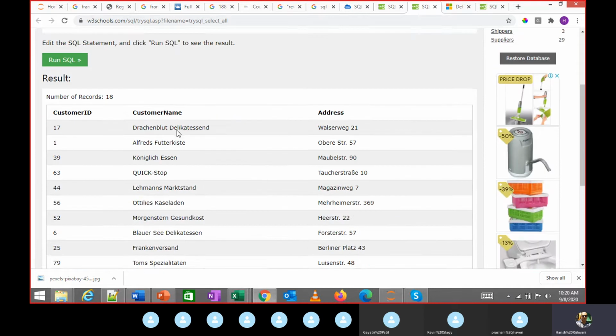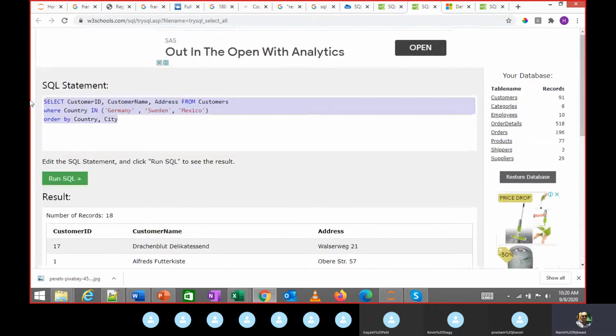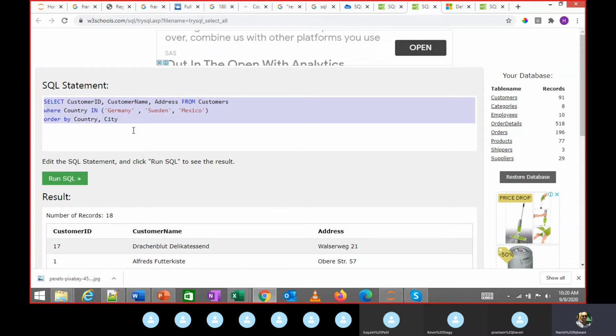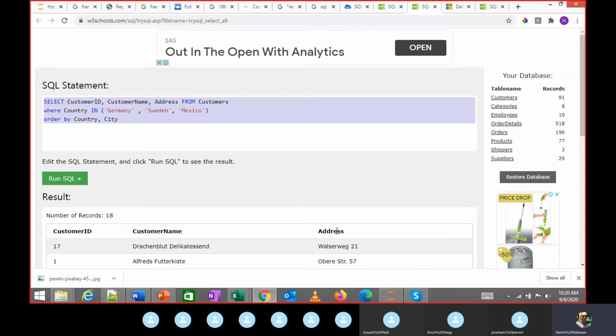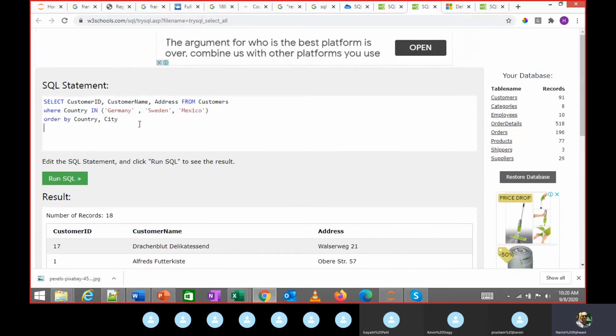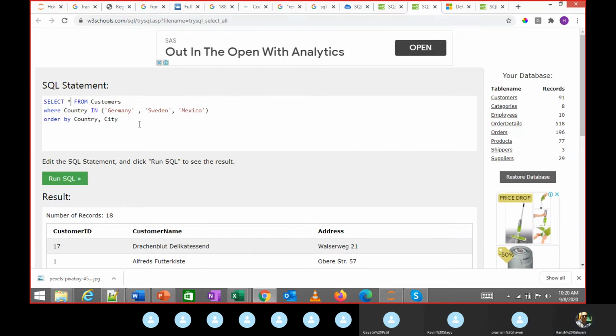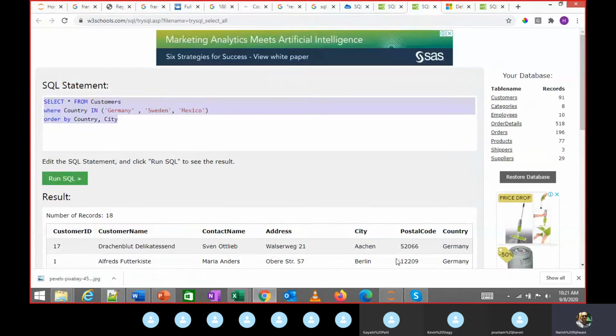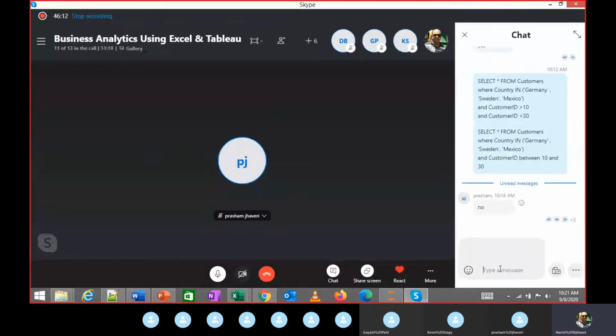Because... okay, order by will work. It will not work in group by, sorry, my bad. So I can do it this way, ordering by these fields. But I would rather go with the star. Order by country and city.